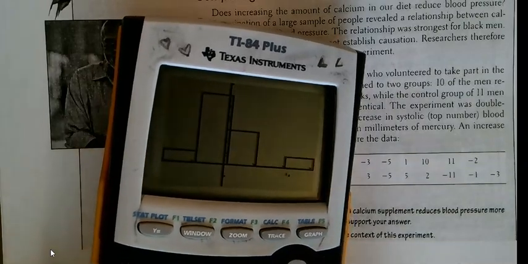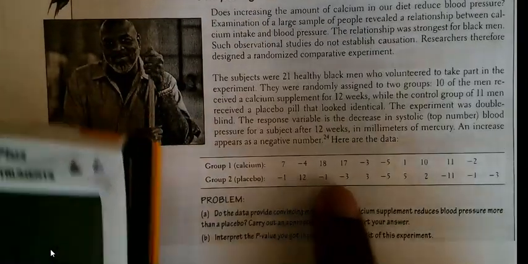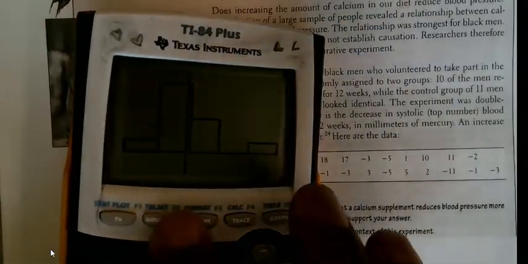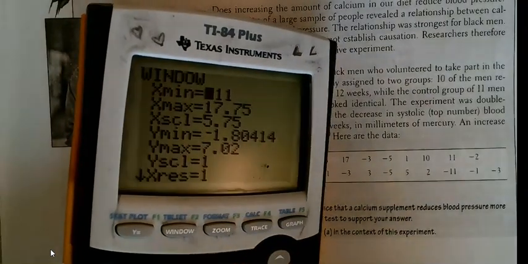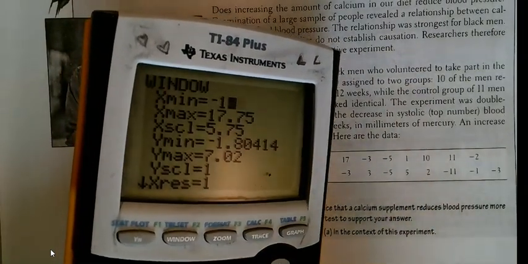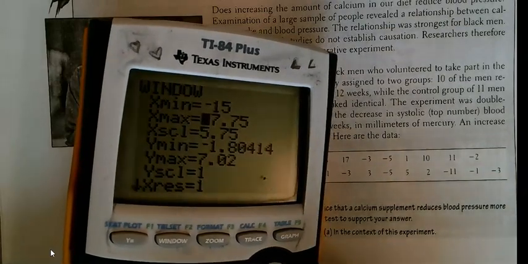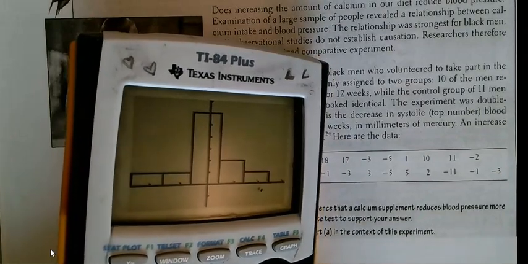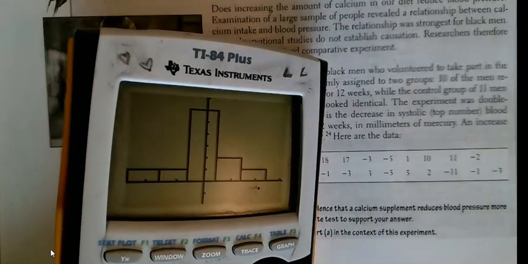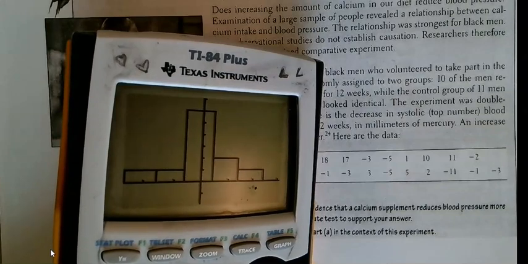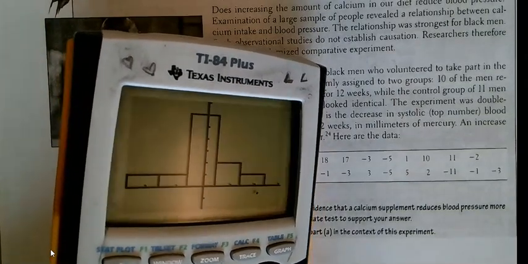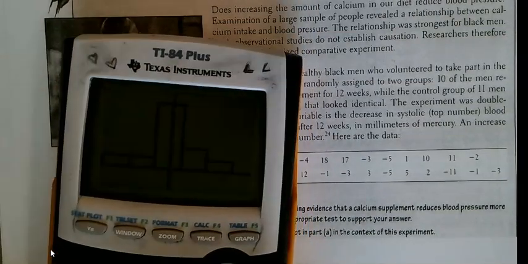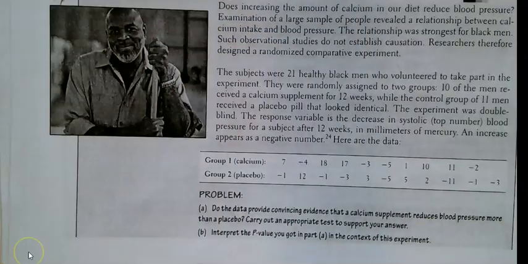Let's make sure our data is contained in the whole window. It goes up to about 12 and goes down to -11. So let's change my window for a moment so I can fit the whole data set. I'll go to X-min and make it -15. And that should cover everything. So graph. Yeah, that looks pretty good. Looks like a pretty good normal curve. So after I adjust my window to see all the data, that's pretty much normal. So I like that one a lot. We have enough information to say the data isn't skewed, so we can continue even though we don't have enough data points. All right, so the first question says,